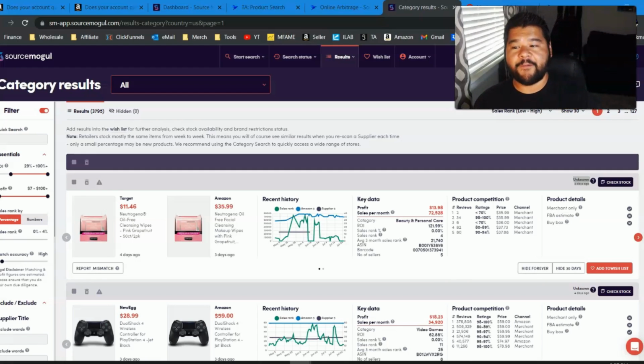And like I said before, it's very easy to use. It's very beginner friendly, searches a lot faster. But even though it does those things, it's really limited in its capabilities. Let's go over to Tactical Arbitrage and I'll show you some of the ways that Tactical Arbitrage cures these Source Mogul